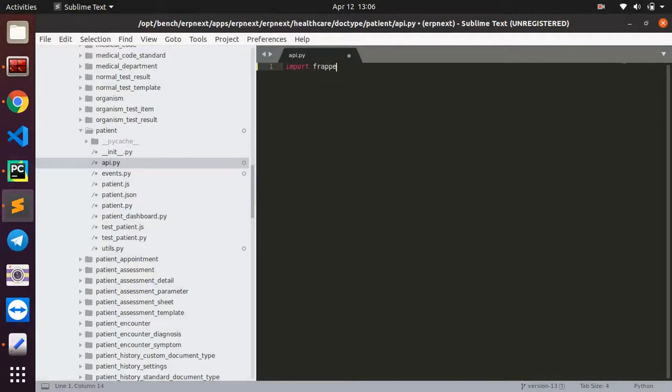So the first thing to do here is to import frappe, and then I'm going to write my function. So I'm just going to say define a function. I'm going to call it get patient details. You can call it whatever you want to call it, and this one I'm going to pass in the patient ID, and then here I'm going to just say return